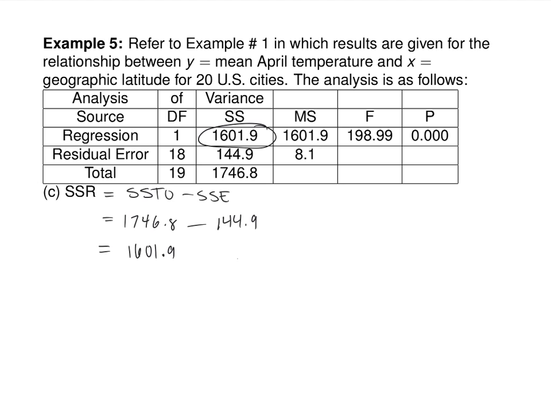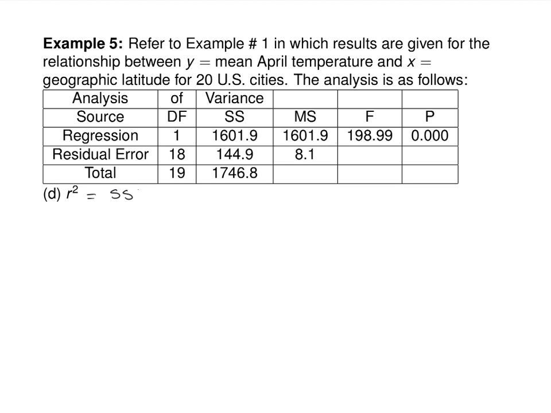And then part D, I just want you to be able to calculate R squared from the values. The values just tell me what R squared is. So this was SSTO minus SSE over SSTO, right? That was the formula for this. So I think that top is 1601.9, right? What's the bottom? Great. And punch that in your calculator real quick, and you should get,